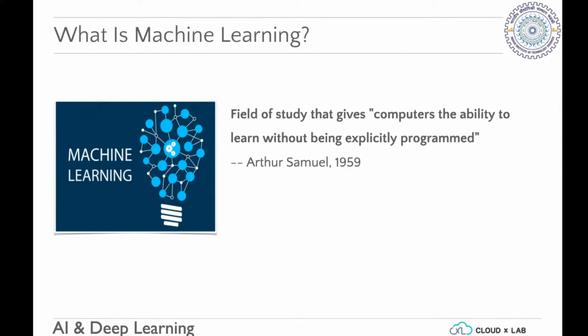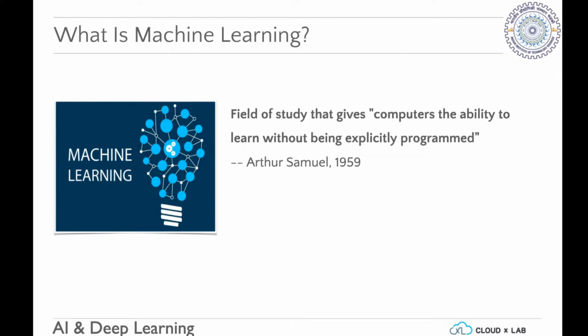Okay, now we'll start. What is machine learning? Machine learning is a field of study that gives computers the ability to learn without being explicitly programmed. This was stated by Arthur Samuel back in 1959. He's a professor at Dartmouth. So what does that mean? I presume a lot of you have some experience with coding. In coding, typically you write a program for a particular function that is very closely defined, for example, finding the area of a circle, so the computer gets explicitly programmed to do something.